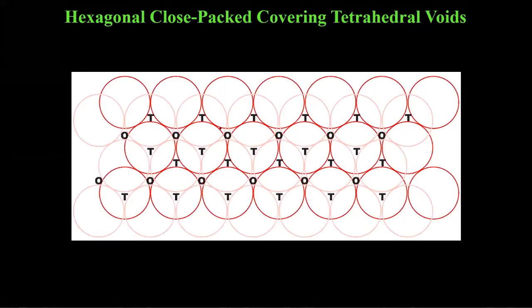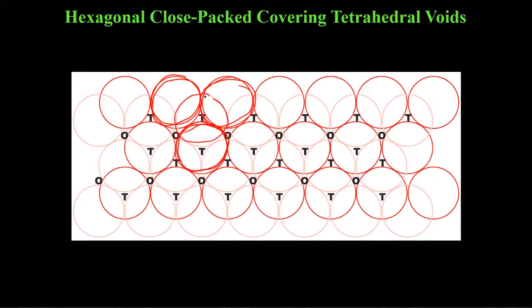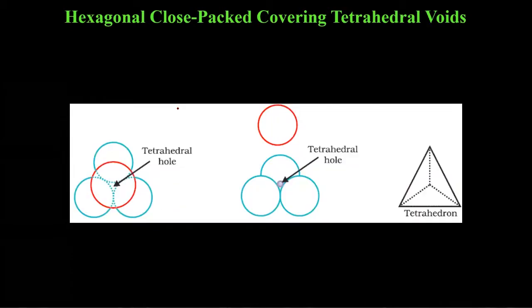So this is the first layer, and now the second layer is there. I hope you are able to see the second layer. I have kept it dim so that we can distinguish the two layers. Now, if you visualize it, at the bottom you have three atoms, one, two, and three. Then at the top of it, you have the fourth one. Now, if you see how they are arranged, they are in between.